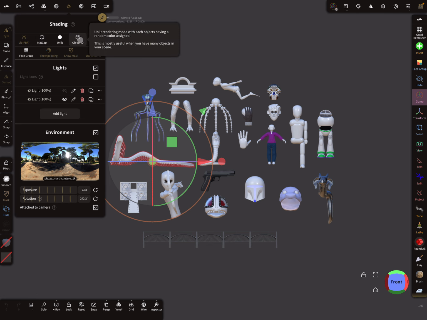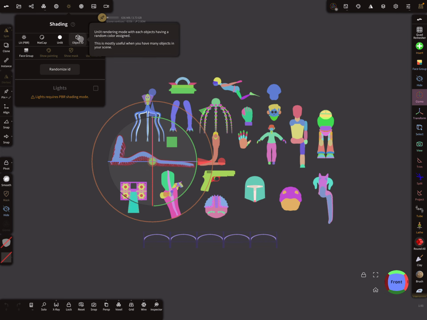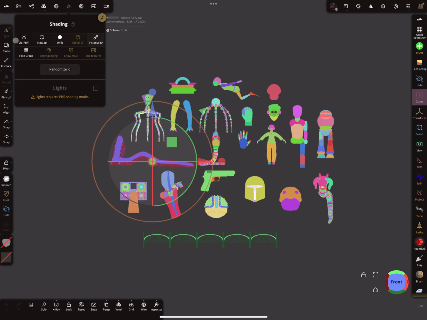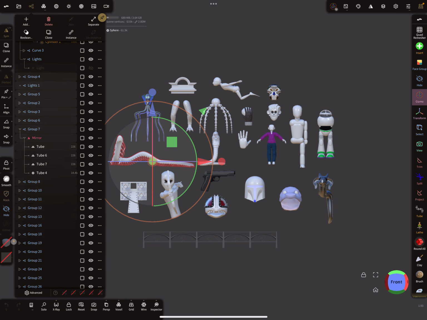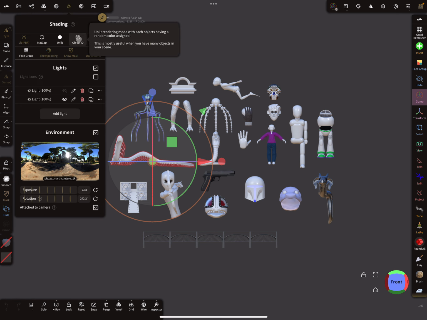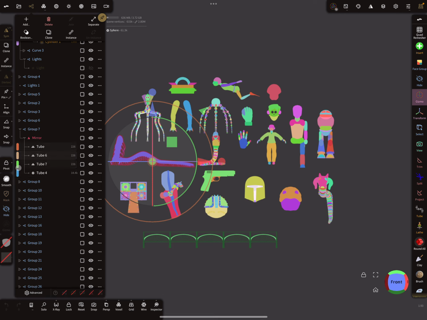also the object ID. So you see different colors here and the instance ID. These two things here work with the indicator. So at the moment, lit PBR is active, and here you see in the hierarchy nothing. So from this, and when you change here the shading mode to object ID, then here you find in the hierarchy such small colored indicators where